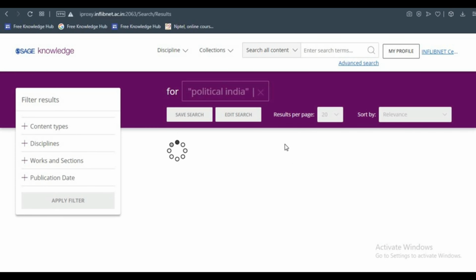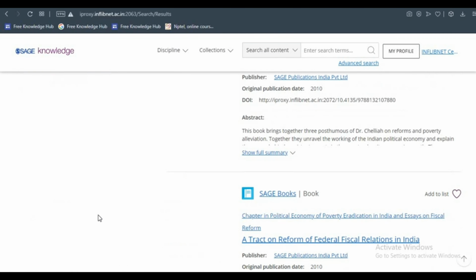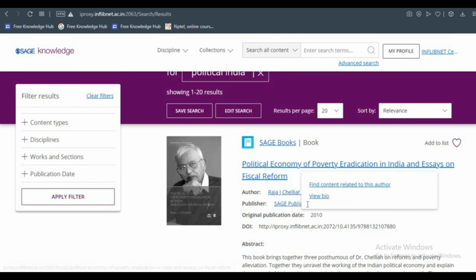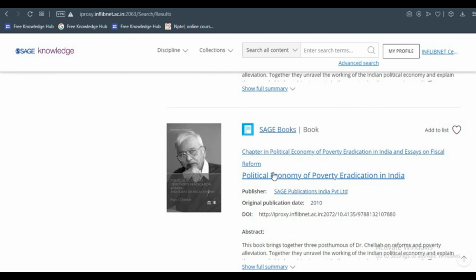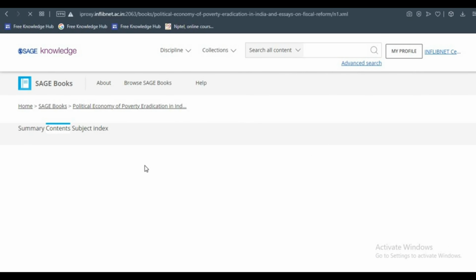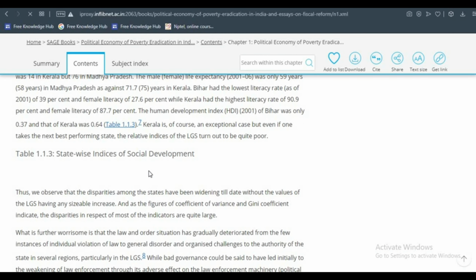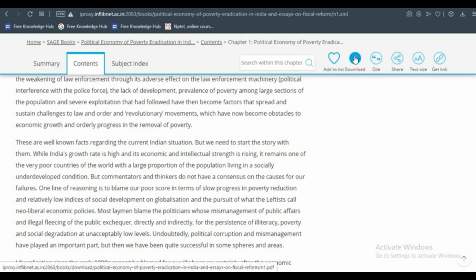Under this we can access the quality content. There is content and there is an option for download. Here you can download the book.